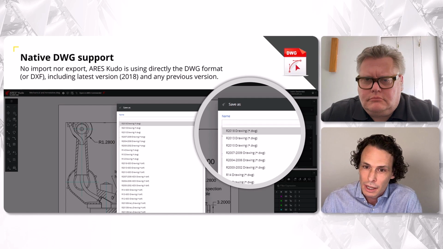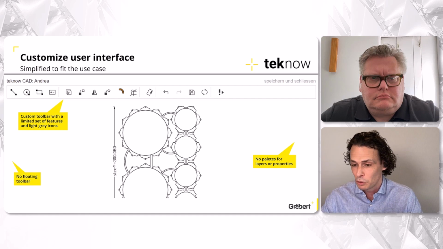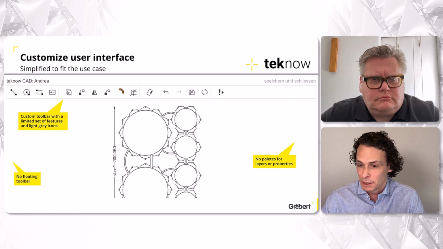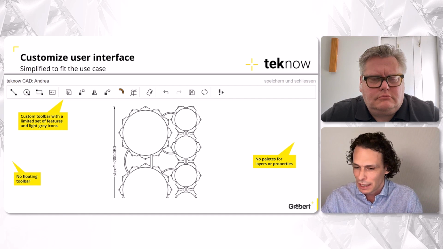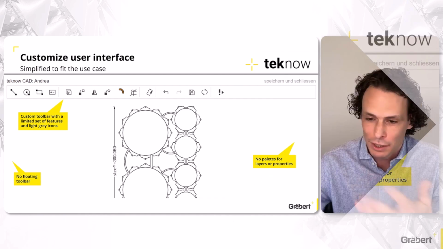But the really cool thing is this customization of the end user interface, because this is where we really want to allow you to focus a solution to your customers without needing to overwhelm them with a full CAD interface, right? So this is an example. TechNow is a partner of ours that has an online manufacturing system for laser cutting, right? And so while a person uploads a design, they're able to see what will be the cost of producing that and can even tweak the design with very simple means to optimize cost and fidelity of the output, right?